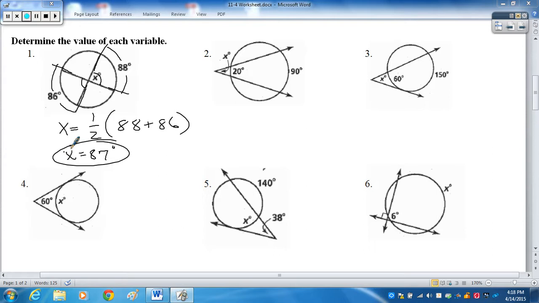On the outside of the circle, like this one, it's going to be half the difference of the intercepted arcs. Now again, just like on the last one where the intercepted arc lies between the sides of the angle, this one is going to have the intercepted arcs,